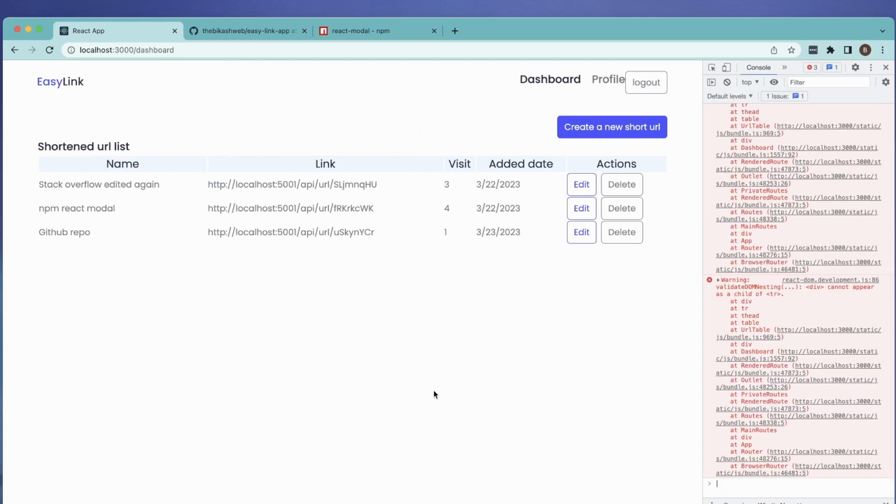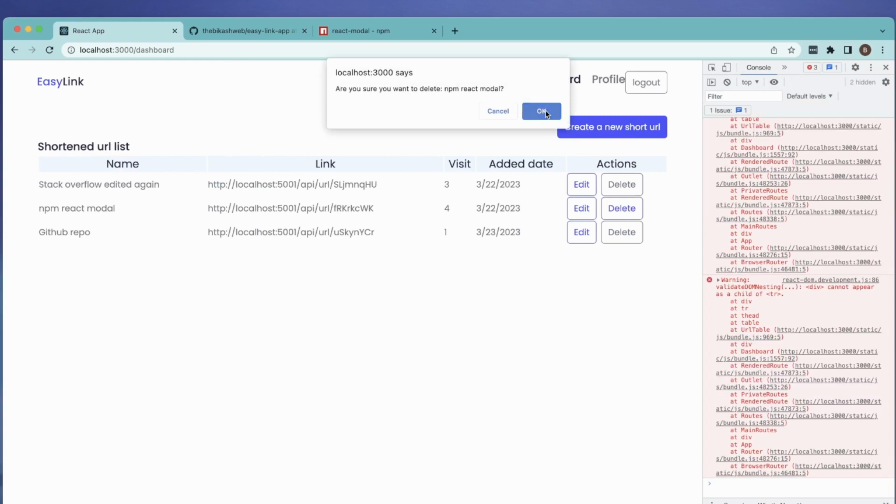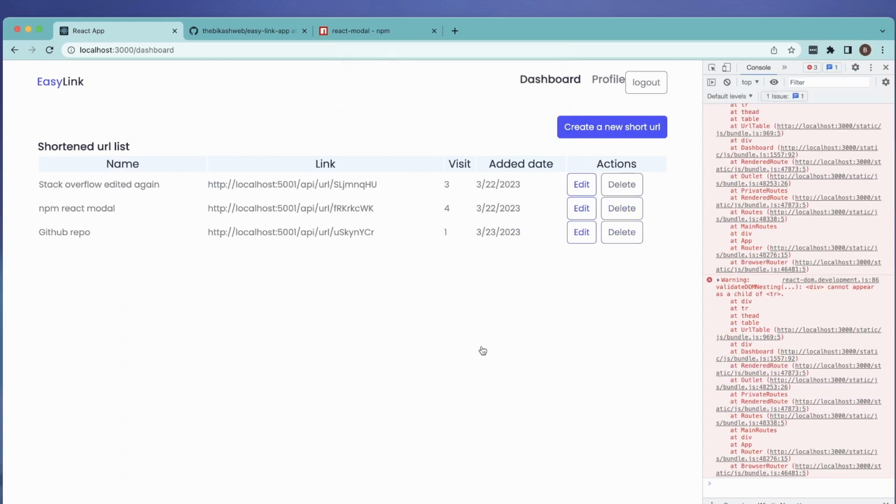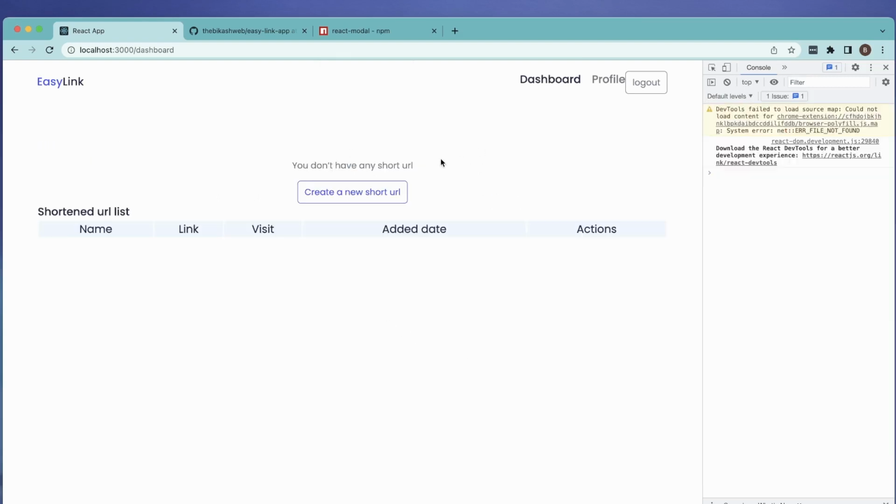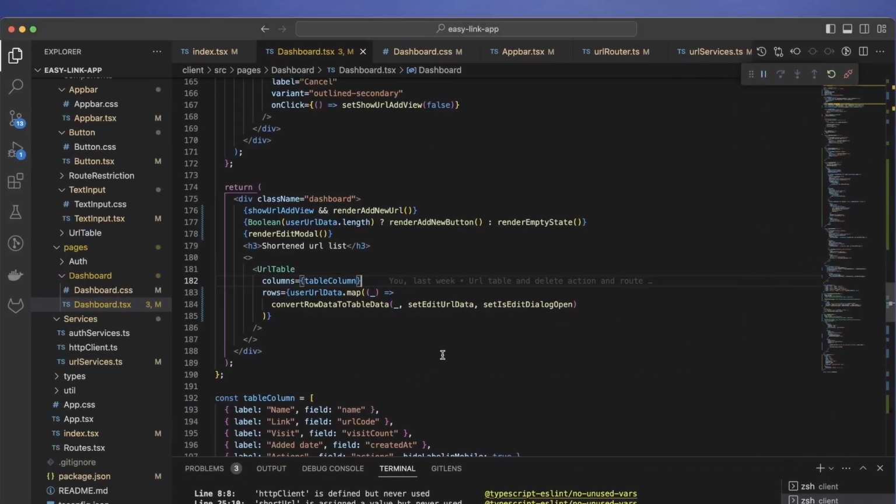However, we need to also care that, okay, this is deleted, this is deleted, and this is deleted. So we have all three deleted. So when everything is deleted, we have this and we have this. So this should not be visible. Okay, so let's go and handle that case. And how can we handle